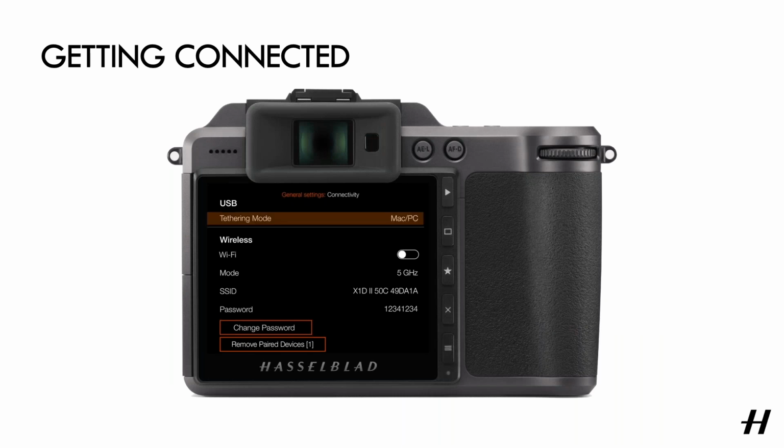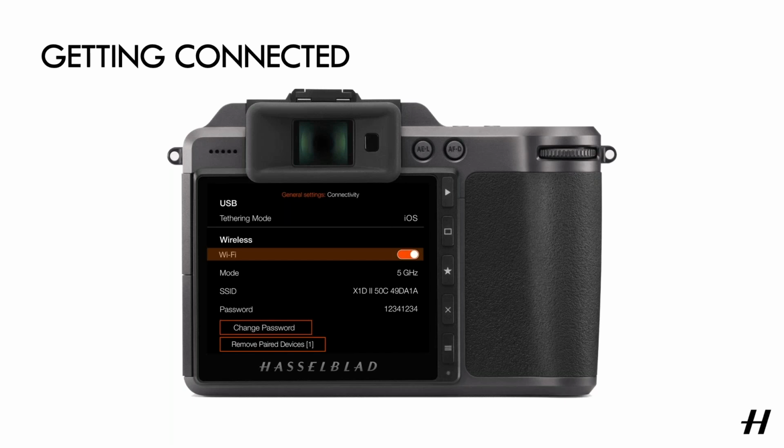And once we're in that menu screen, let's actually take a quick look at some of the options and parameters here. This first one at the top actually pertains to a wireless connection mode, Mac or PC correlating to a desktop setup for tethered shooting. And in this case, since we'll be jumping to an iPad setup later, we'll actually switch it over to iOS. Moving on down, next is the Wi-Fi connectivity switch. And one neat feature is that if you're toggling this on and off quite regularly, you can actually change this over to one of the camera's 3 customizable shortcut buttons. So it makes it very quick and easy to access. And likewise, in this case, we'll turn it on.